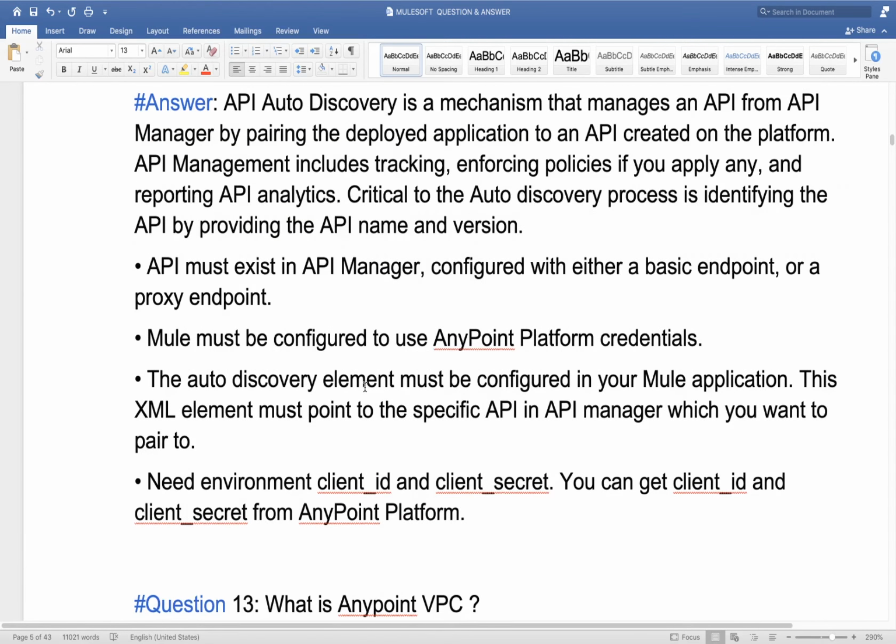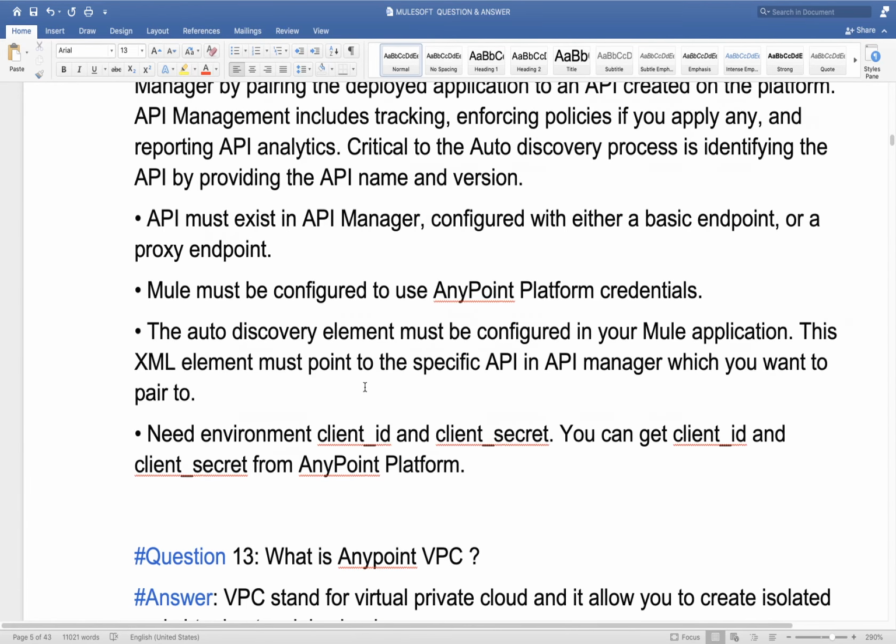It is mandatory for every API. Yeah, like if you are using CloudHub, it's not mandatory, but we follow it as a best practice, since every API should have at least one policy, at least basic authentication or client ID enforcement must be there. That's why we need to register our API on API Manager, and we need to apply policy there.